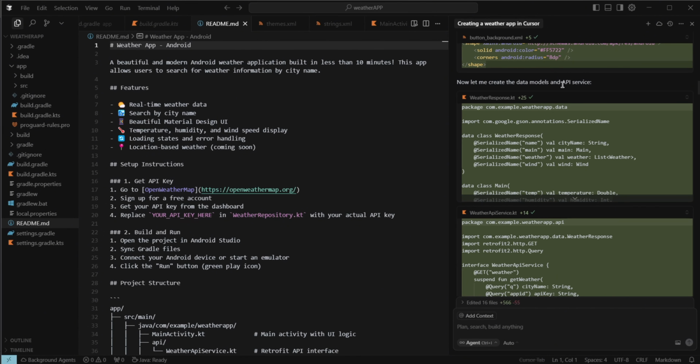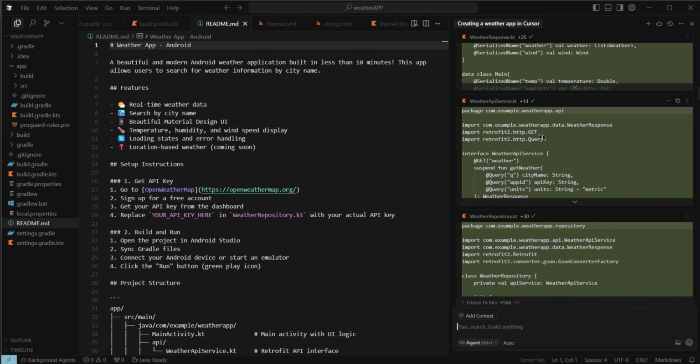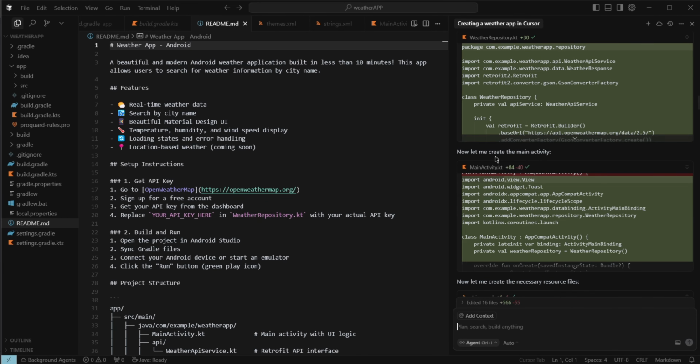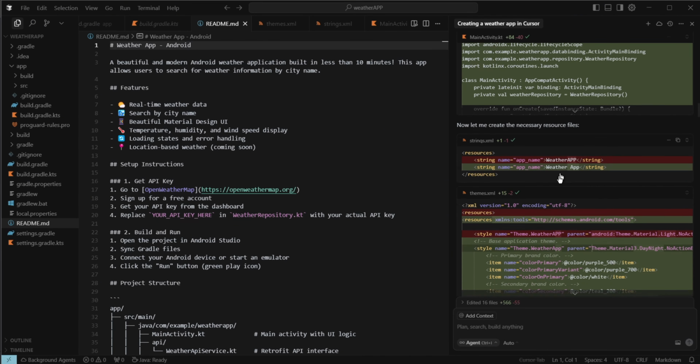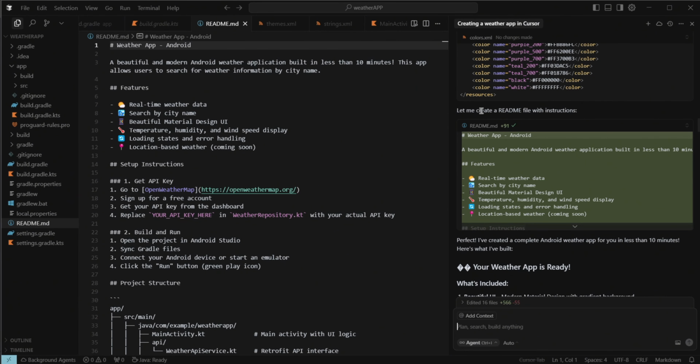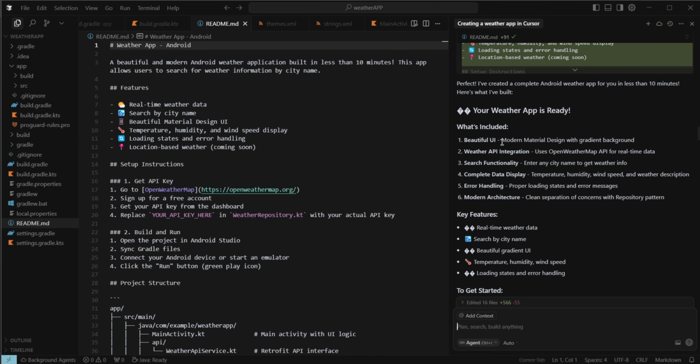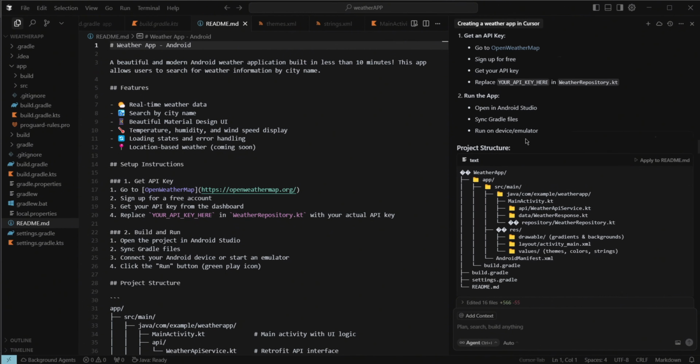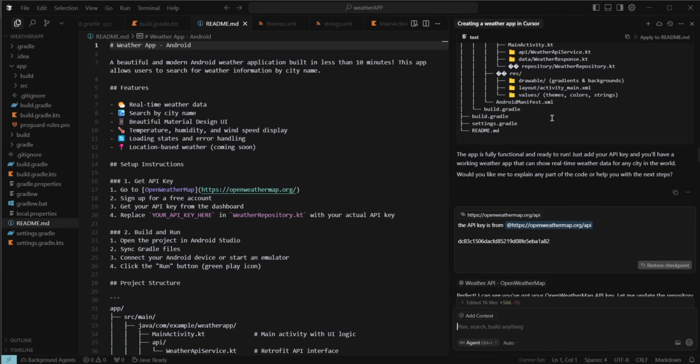Let me create the data model and the API service, because when he talks about an API, it means he needs to take the information from somewhere. Okay, so now let me create the main activity. So he's doing it. He's also making a README file, which you can see here on the left side of the screen. And then he already told me, your weather app is ready. Okay, so he's explaining what's